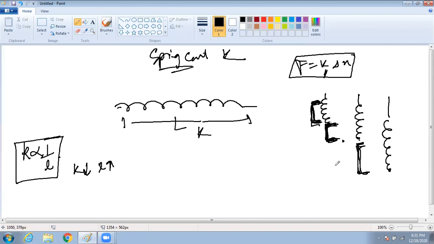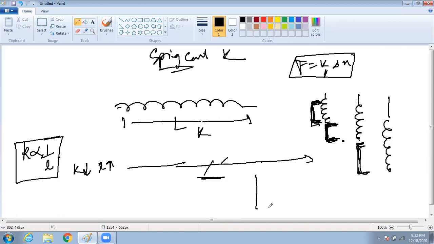If I talk about elasticity, we'll study elasticity. Elasticity will depend on what? Extension. If you keep on extending, what will happen? It will lose the elasticity. A rubber will follow Hooke's law, we'll study Hooke's law. If you keep on extending, after some time the rubber will lose the elasticity. What is elastic basically? If you extend and if you leave, it will come back to its normal position. But if you keep on extending, after some time, what will happen? It will break or not?